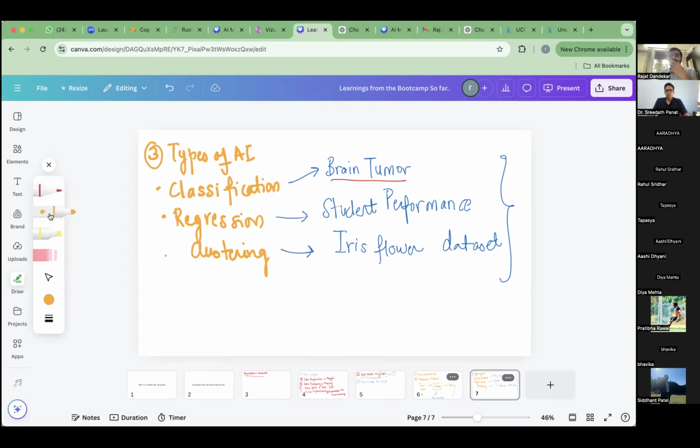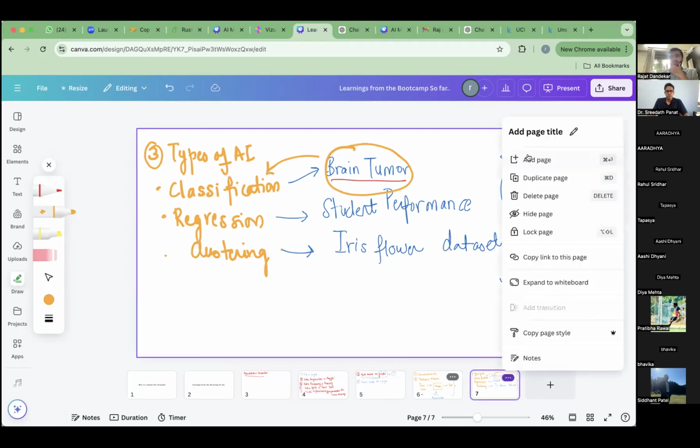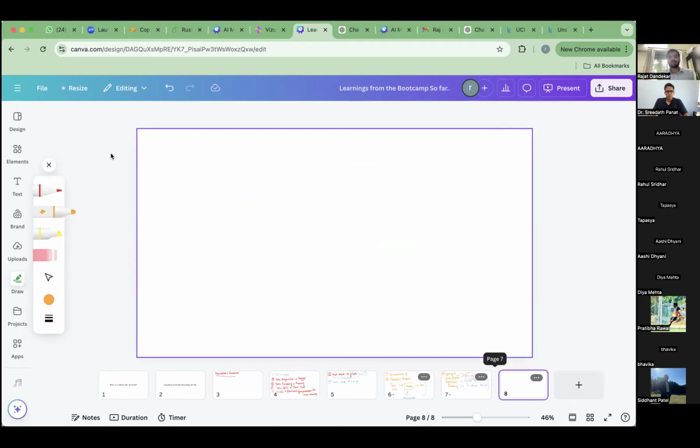So classification, in my experience, is one of the most common categories in the types of AI. And regression and clustering are there, but they are not that common. So many of your projects actually might be within the classification category. So we looked at these three examples, and then we looked at the AI project cycle. The AI project cycle is divided into 5 steps: